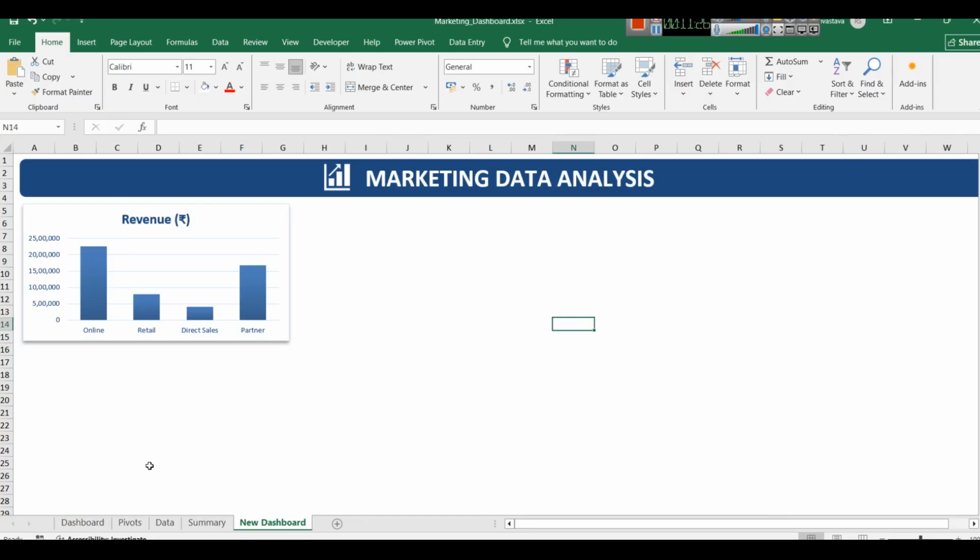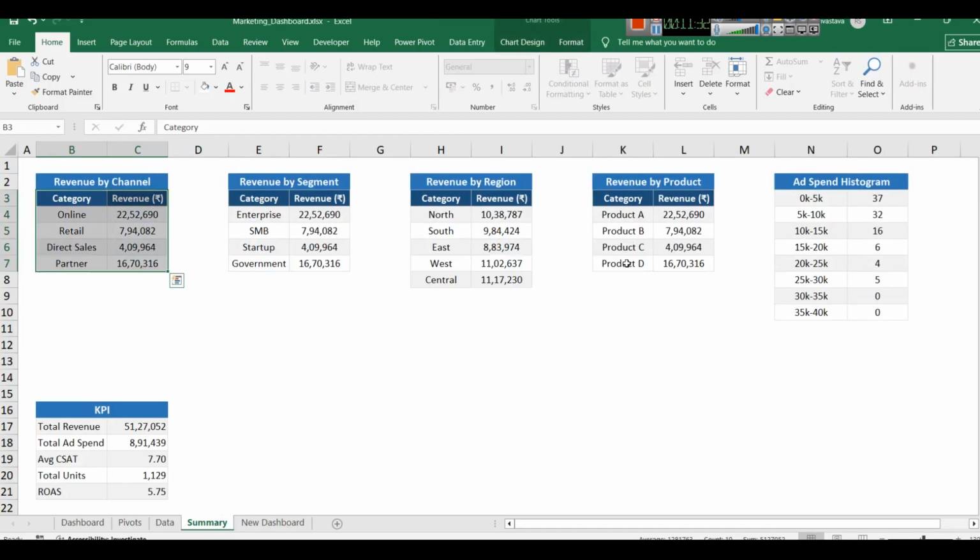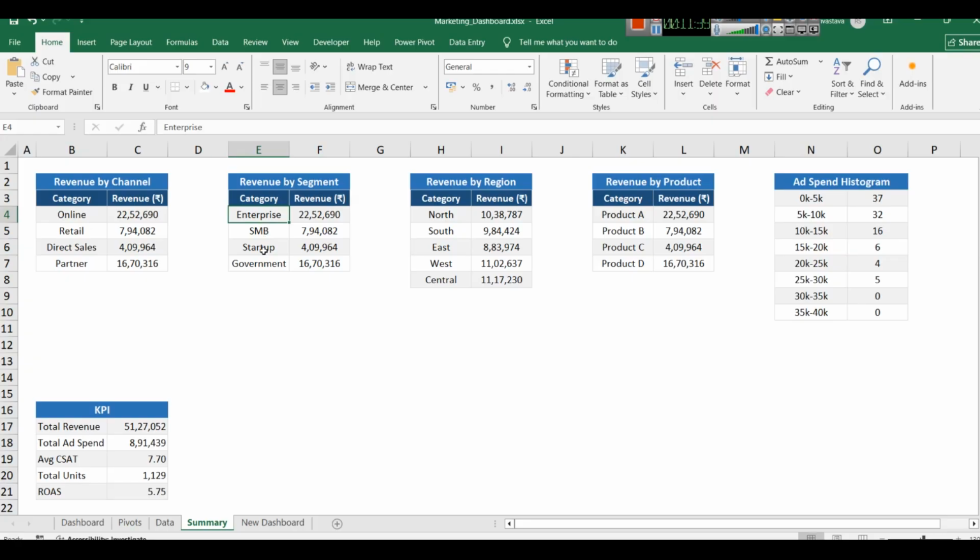So styling is something that you can keep your own. Similarly, now we can get rid of this. Similarly, you will create this. Here you will write 4 different segment names, or whatever number of different segment names you have, and the same sum. Wherever you are using sum, you can use sum. I will show other things later. And similarly this